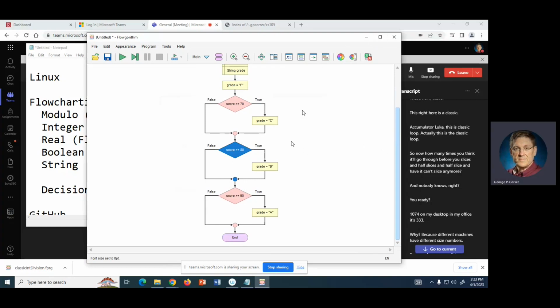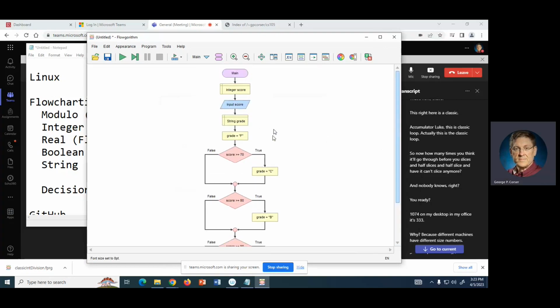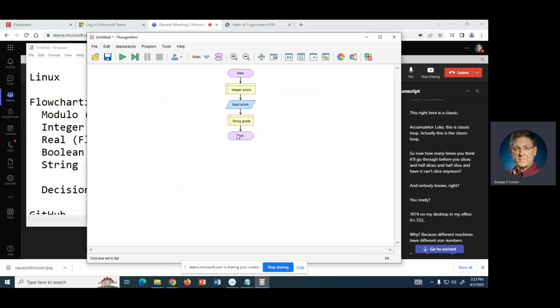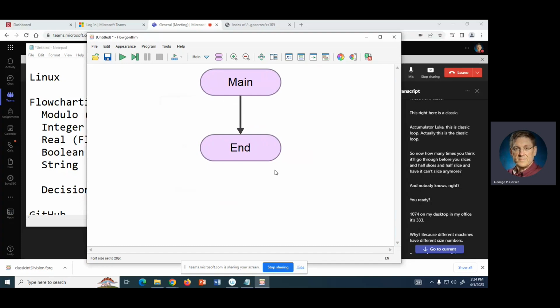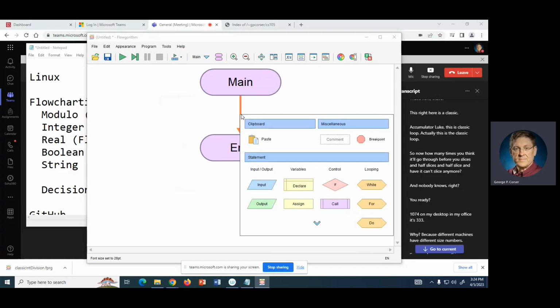Great. Now let's do loops. So what if I want to do a loop, and let's suppose I have a whole bunch of grades. I'm going to type in like 20 grades, or 20 scores I should say, and I want to count how many of each grade there are. So at the end, I want to output